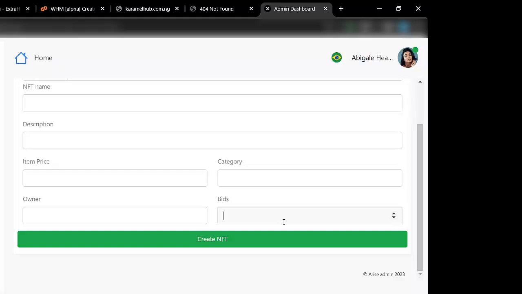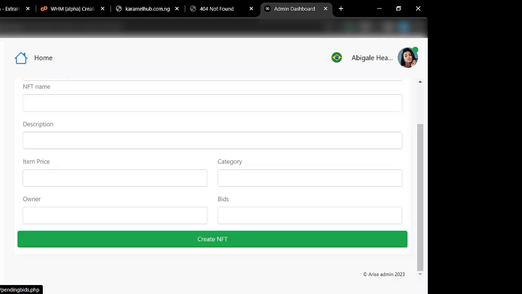Now up next, we're going to go to meet management. I already showed you pending meet. This is where you get to approve the NFTs that the users are creating. You can also see a list of all the NFTs that you have approved right here. I've shown you bid management also. You saw where I approved the bid that I did from the user dashboard. You can also see a list of all approved bids,